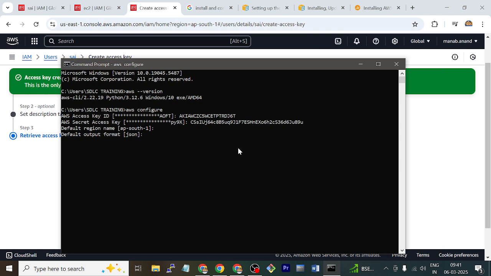नेक्स्ट क्या पूछा है? जेसन आउटपुट। ये जेसन ही आउटपुट होता है। एंटर करो। व्हाट हैपन राइट नाउ? कॉन्फ़िगर आल्सो ओवर। टाइप करो। हाँ, ap-south-1, जैसे ap-south-2, 3 टाइप करो। जैसे मैंने यहाँ कॉपी पेस्ट किया ना, मैं टाइप भी कर सकता था ना।